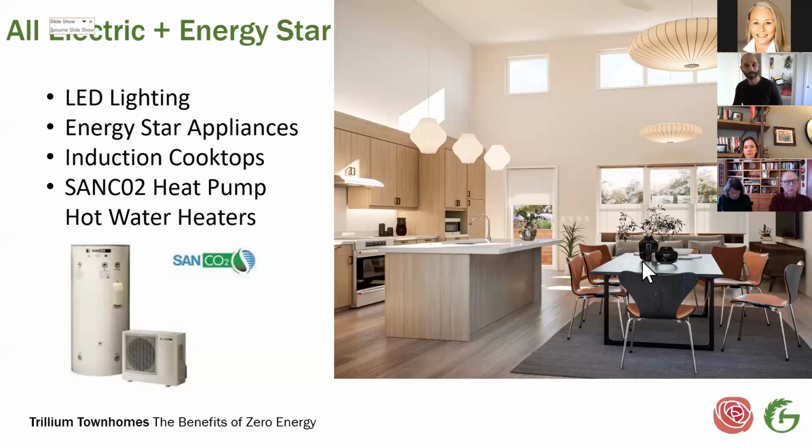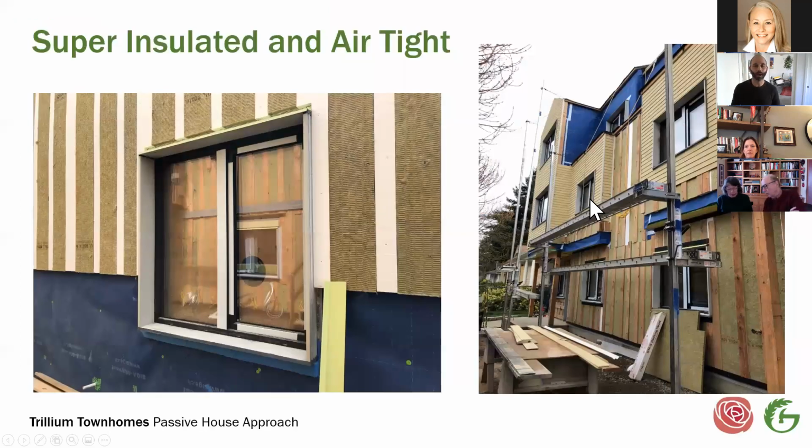Okay, next slide. I should mention that the hot water system is also about 4 times more efficient than electric resistance and about 3 times more efficient than your most efficient natural gas. So 1 kilowatt of energy in on those Sanden heat pumps is 4 kilowatts of energy out. The rest happens through the magic of taking energy out of the air and the transcritical refrigerant cycle of CO2. We can talk about that if you guys have questions afterwards, but